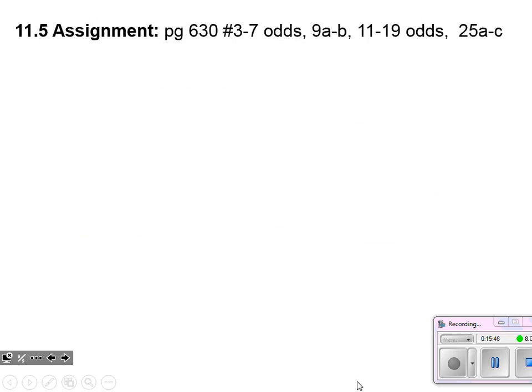All right, that does it for section 11.5. Take a look, some of the problems are ABC problems. You can see that for number 9, we just want you to do parts A and B, and then number 25, we just want you to do parts A through C on that one. But again, now we're taking the results of our surveys that we've evaluated and analyzed a little bit, and now we're able to look at the numbers and apply it to a population, either descriptive or inferential. That does it for 11.5.